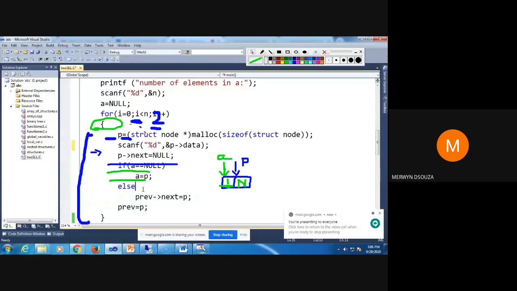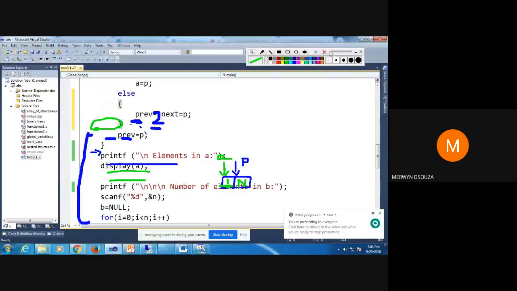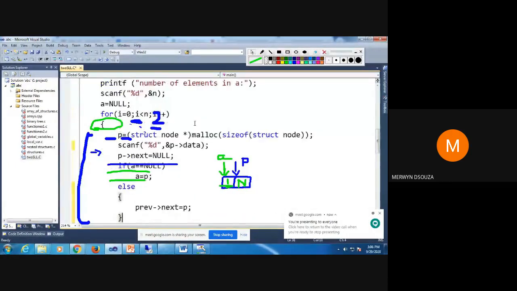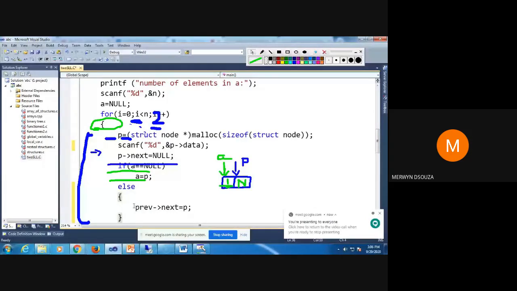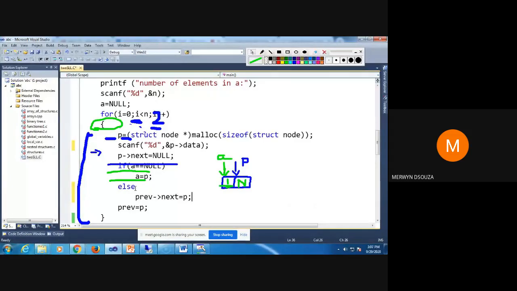Okay. So remember, when you don't put braces, only one line is included. It is same like this. Again, to save lines in programming, I put it like this. So if else was true, then only this line would be executed.